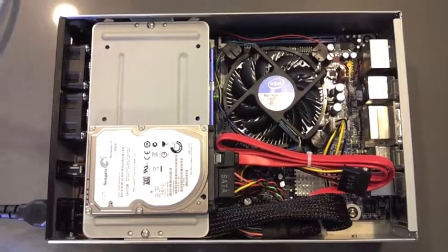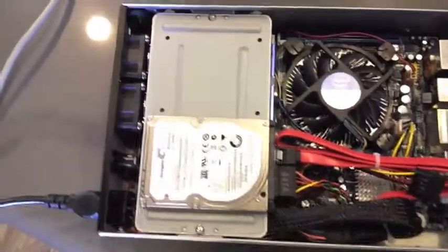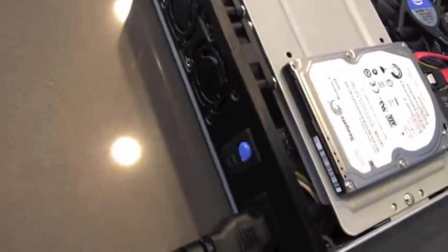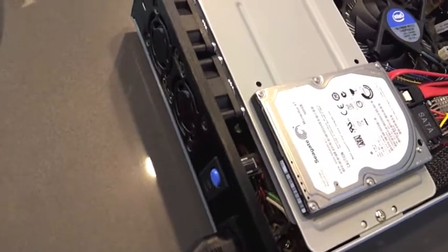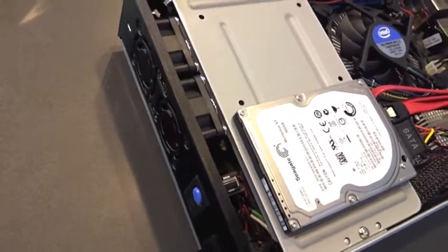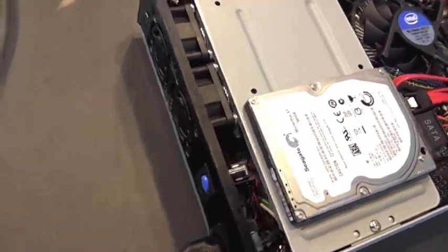So now we've got everything in place. We're going to go ahead and do a full power test. There's an interesting case in that the power receptacle is actually on the front of the machine. The idea being that there really is not going to be a front or a back. You're just going to strap this up behind a LCD monitor, and so you're not really going to care too much. On the back of the unit we have all the multitude of ports,